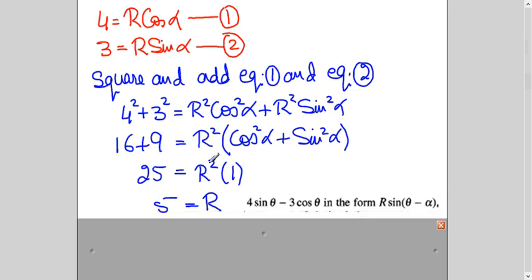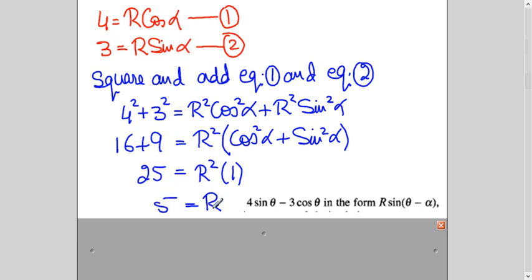16 plus 9 is 25. You will take the root. Students may think, why are we not taking plus or minus here when we are taking the root on both sides? It is convention to take it positive because this is just telling you the height above or below the axis of the curve, how high the curve is going or how low the curve is going from the axis. So this is basically telling you the distance, and that's why we take it like this.